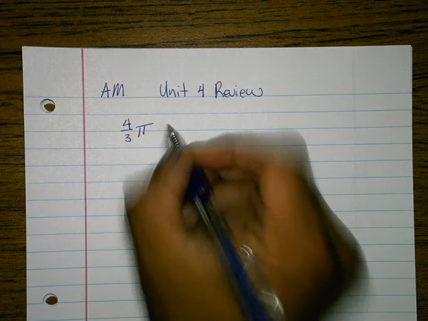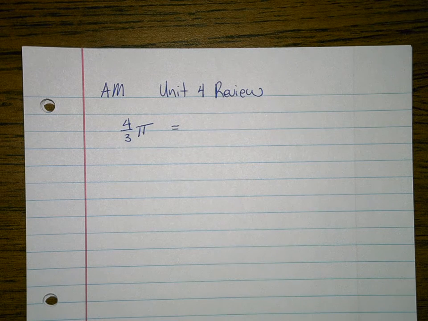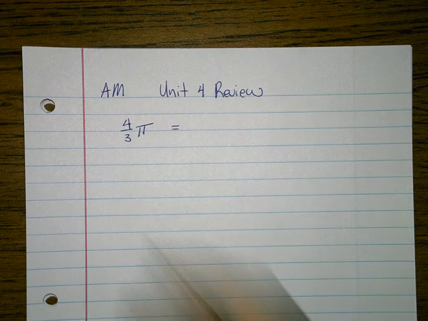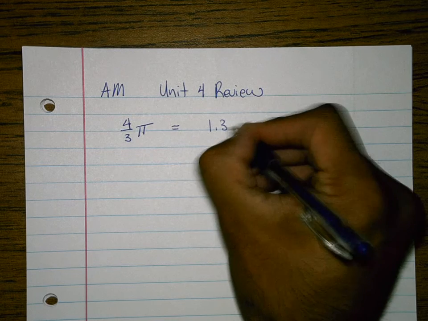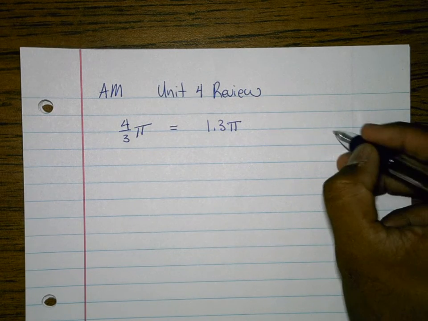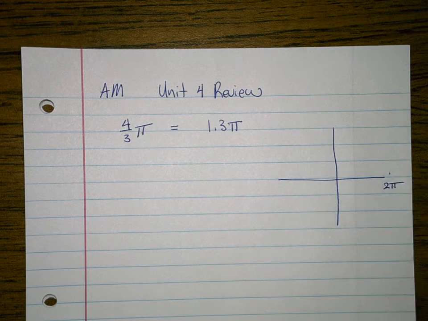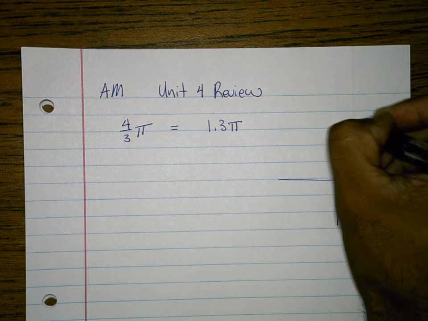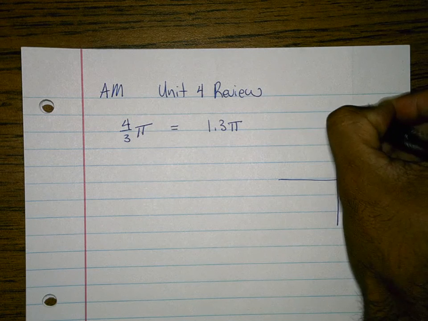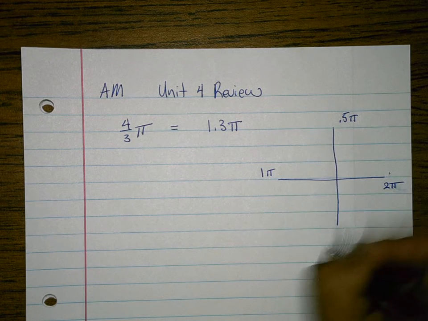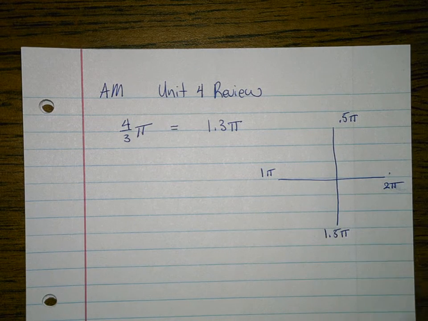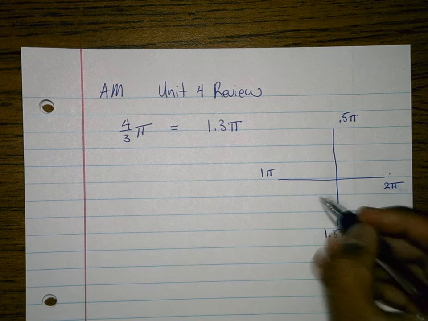But if you're having problems finding out where they fit into the quadrants, one thing you can do is turn it into a decimal to give you a little bit of an understanding. So this is 1.3 pi. If you remember, this is 2 pi, or 360. This is pi over 2, or half pi, which is 0.5 pi. This is 1 pi. This is 1.5 pi, or 3 over 2 pi. So we can tell it's right here. It's in quadrant